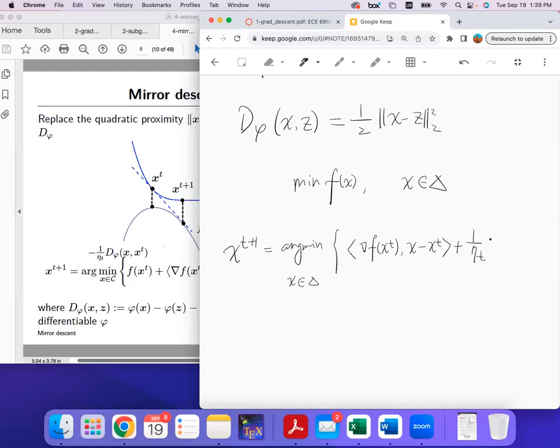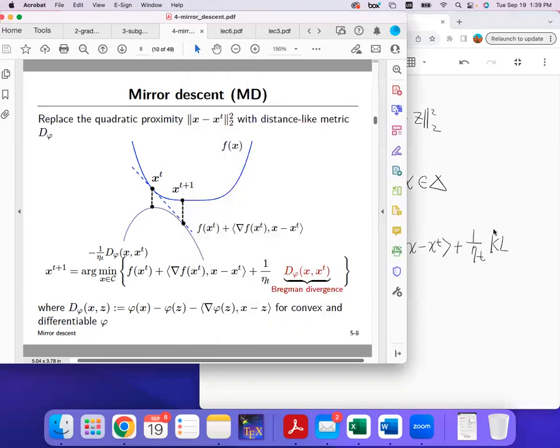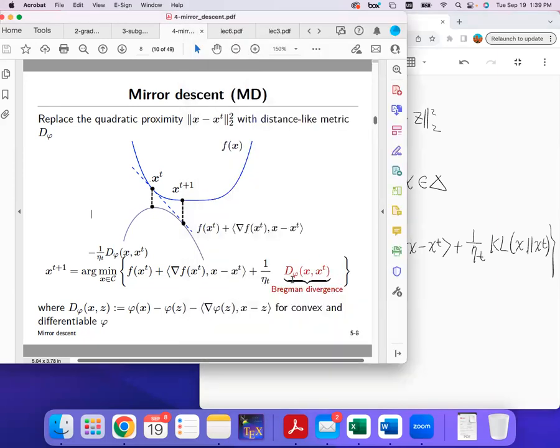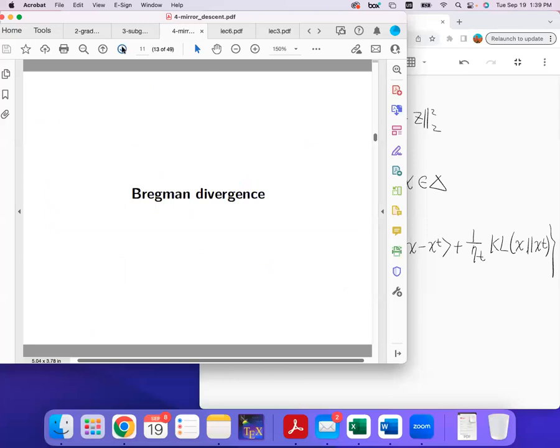Now we choose this to be KL divergence. If we specify this Bregman divergence as the KL divergence for this problem,